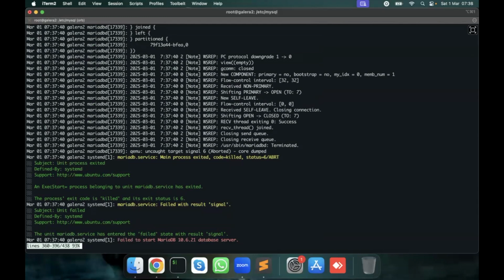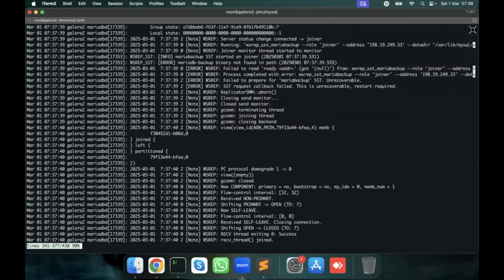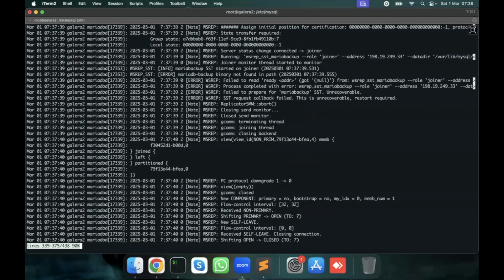Aborted code, MariaDB terminated. Not sure why it got terminated. Okay, error is here. Failed to read SST Maria backup. Process completed. Failed to prepare Maria backup. SST unrecoverable. What is happening? SST request. SST is failing. Yeah, so when we are adding the node firstly, we are noting that we are adding